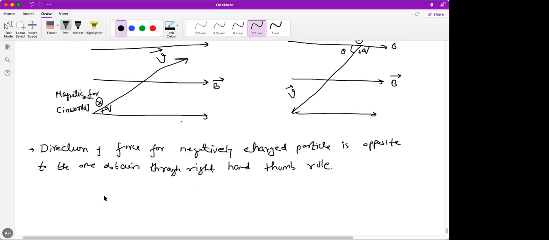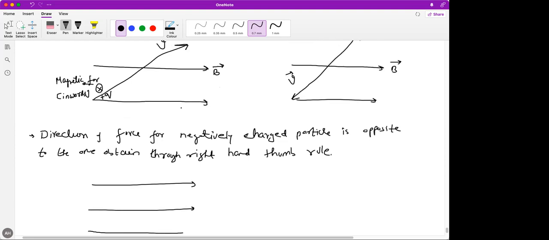So in the same question, instead of a positively charged particle, if you have a negatively charged particle, Fatma, we just have started. That's the first topic. We are just doing the direction of magnetic force. Say instead of this positively charged particle, if you have negatively charged particle, if you apply right hand thumb rule, then the direction would be inwards. But since this charged particle is negative, just take the direction opposite to that obtained from right hand thumb rule and it would be outward.